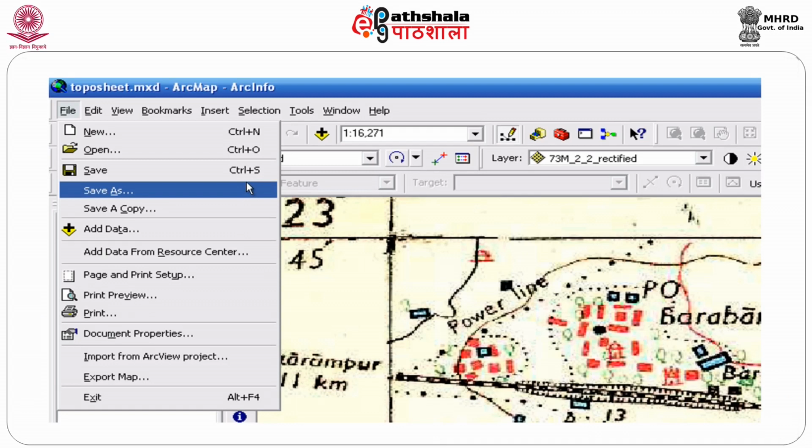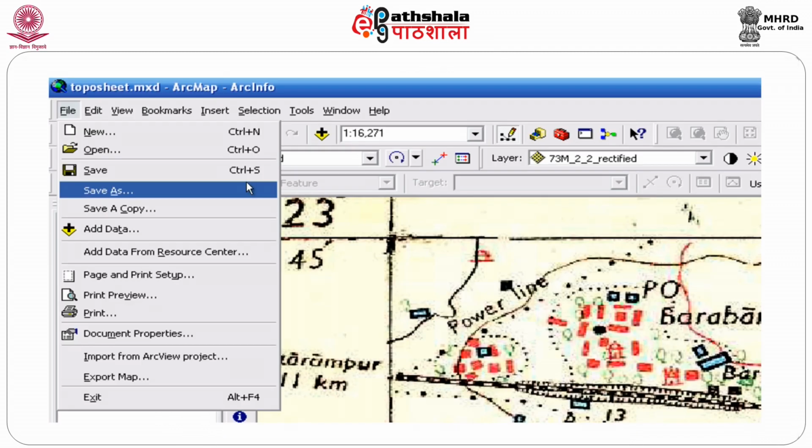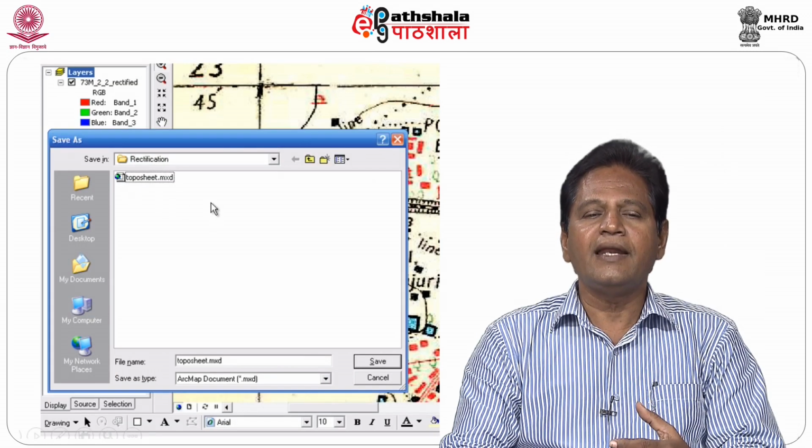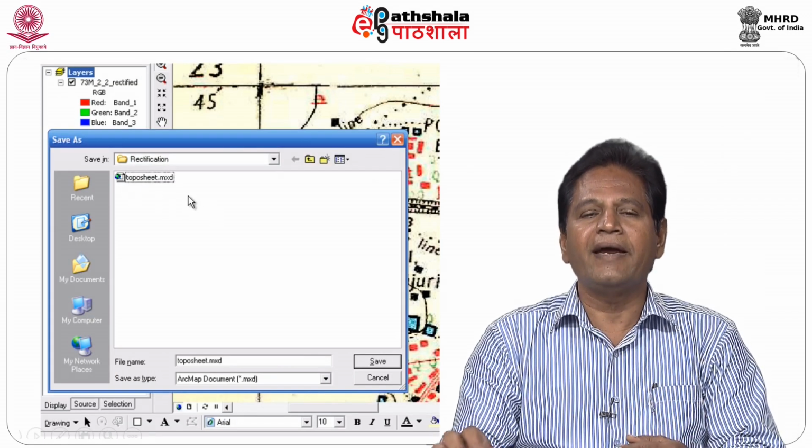Now, for the same method of how to locate it, how to find out, for the next time when I go to that, I have registered the data, I have given a specific projection system, and now I want to save that, so that next time when I open, there will not be any issue as far as that particular data is concerned. I can just open at the same place. For which first is registration, second is you are saving that in a MXT. In ArcGIS, you say save as. When you ask the system to say save as, the system will ask you what is the name you want to give. So, you just select a name and then extension will be MXT.